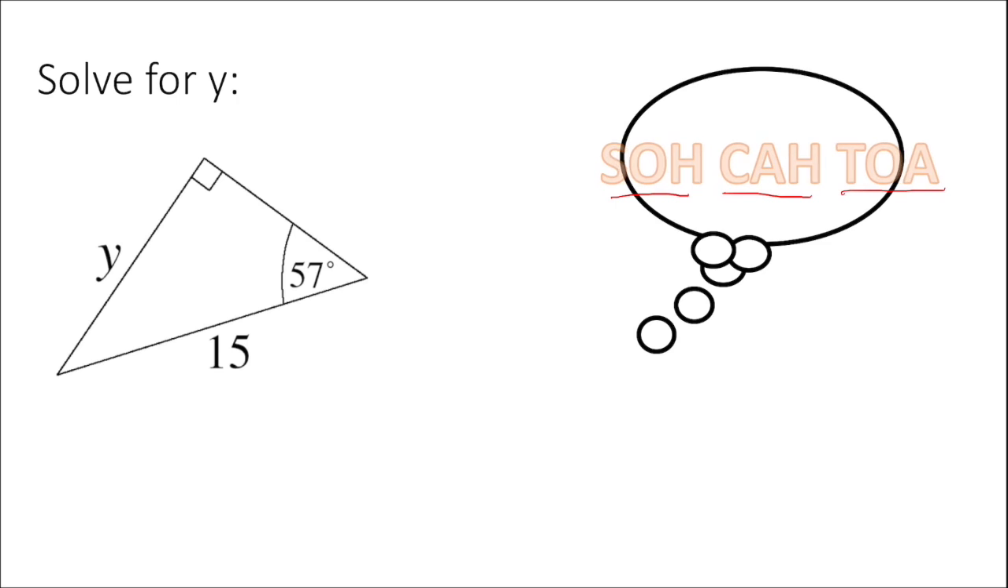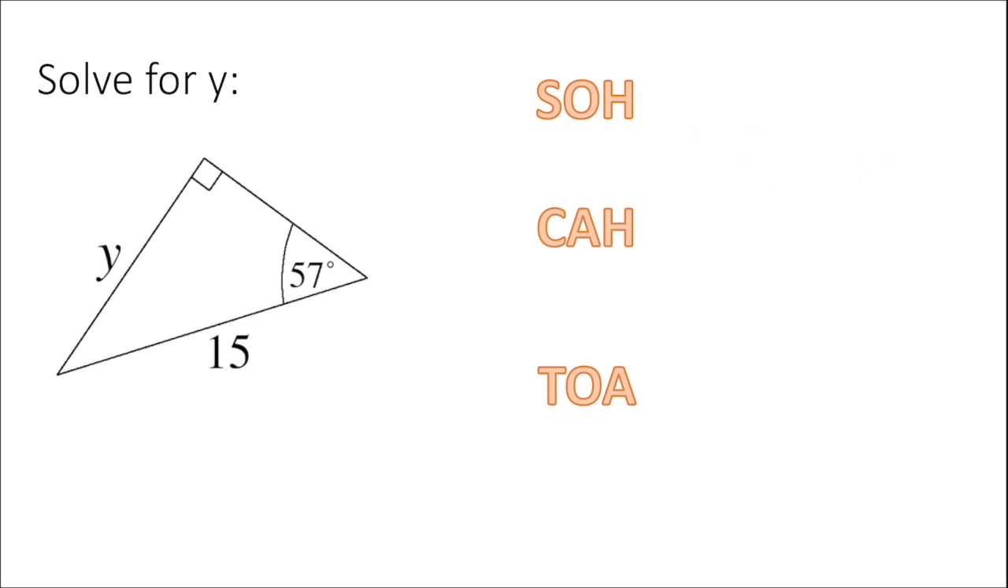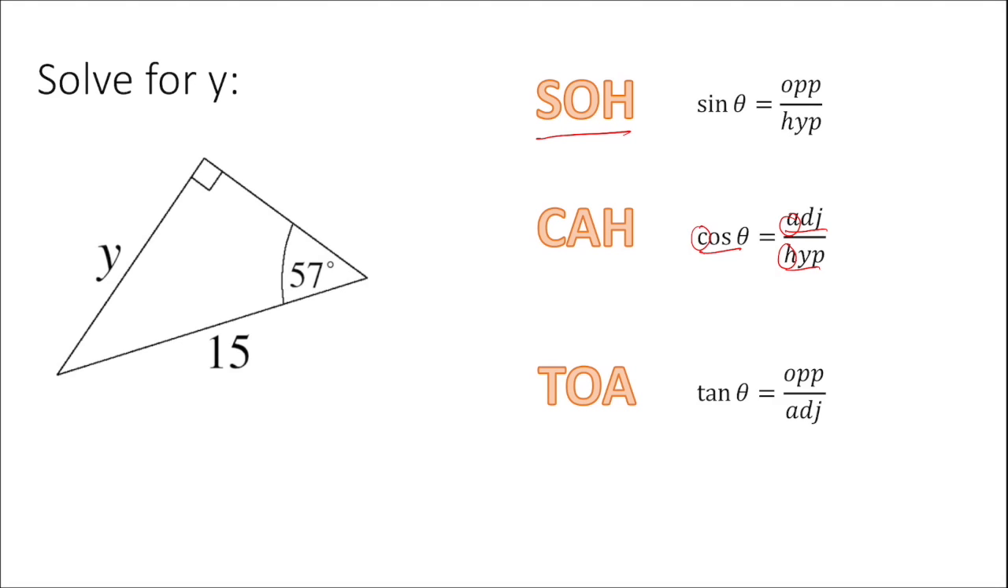It's called SOH CAH TOA, which means sine is opposite over hypotenuse, cosine is adjacent over hypotenuse, and tan is opposite over adjacent. It's written down: SOH, sine opposite over hypotenuse. CAH, cosine adjacent over hypotenuse. And TOA,